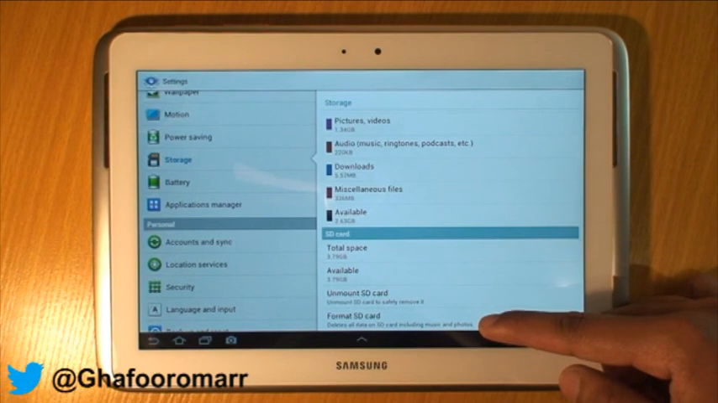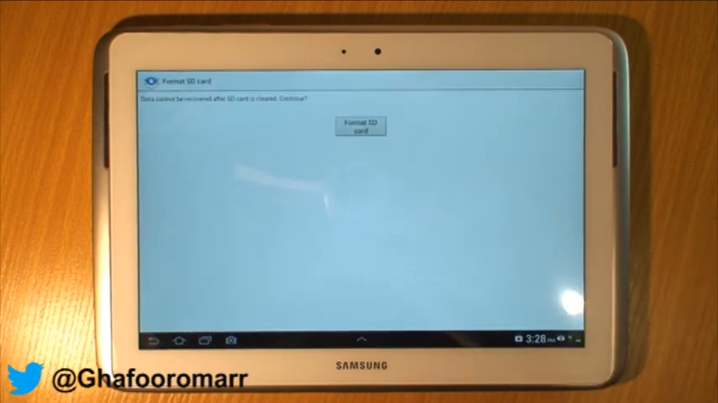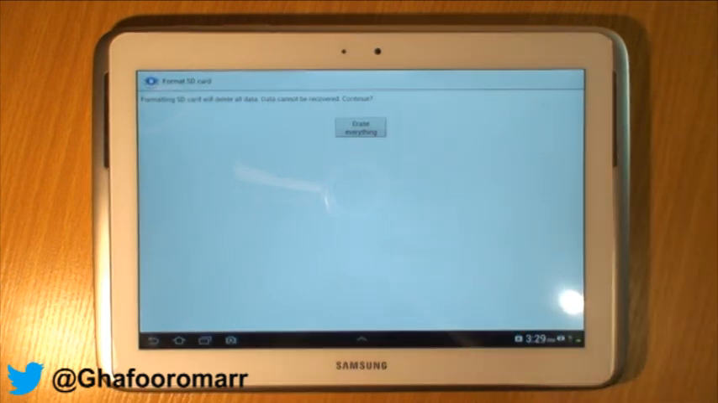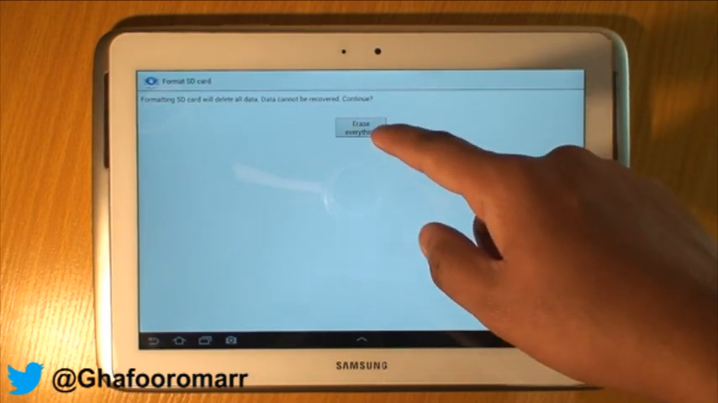If you select the format SD card, it will say data cannot be recovered after SD card is cleared. Do you want to continue? Press the format SD card button, and then it will say again, just to reconfirm, formatting SD card will delete all data. Data cannot be recovered. Do you want to continue? Now at this point I'm going to erase everything,